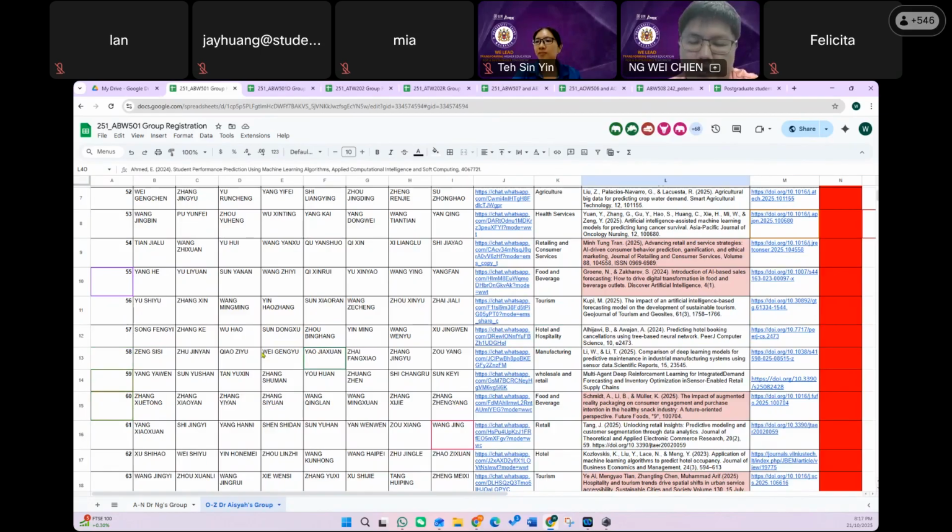Take note of that. Your paper must have machine learning models. If there are no machine learning models, the paper will not be accepted. So for those groups that have a paper highlighted in red, please change to a new paper. You can check the other papers that have been accepted.